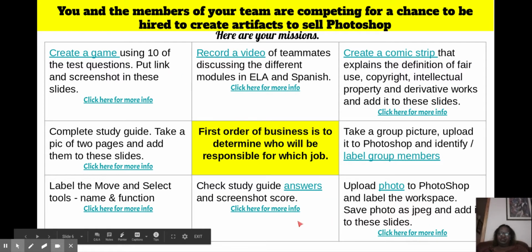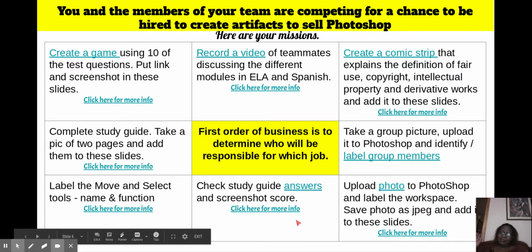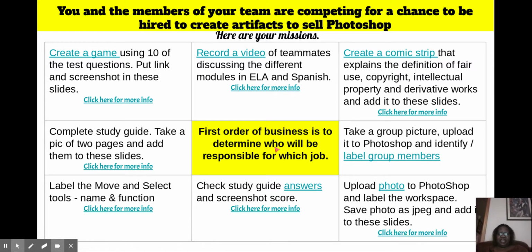Okay, so this is a choice board. I'm sorry, I didn't give them a choice. Their choice comes from not in choosing the assignments, but choosing who's going to complete the assignments in the group. All right. So I told them the first thing they had to do was determine who's going to be responsible